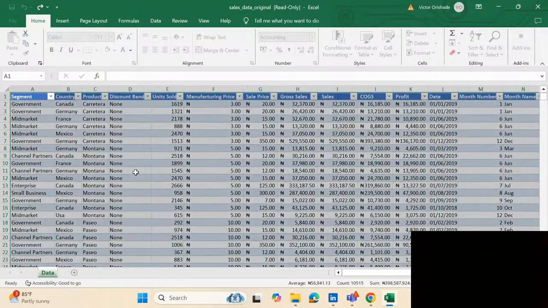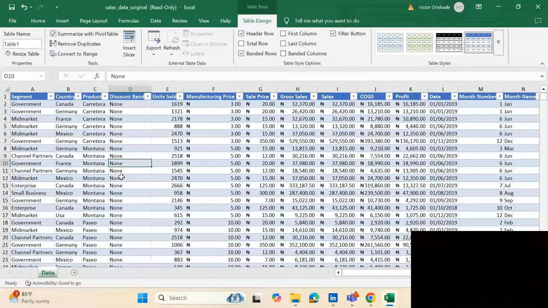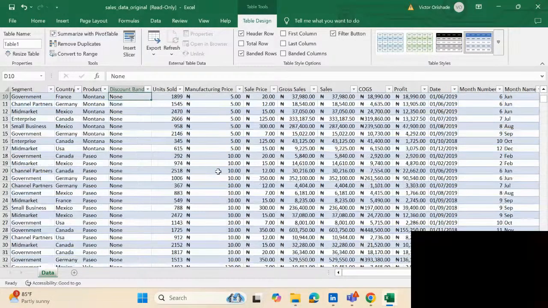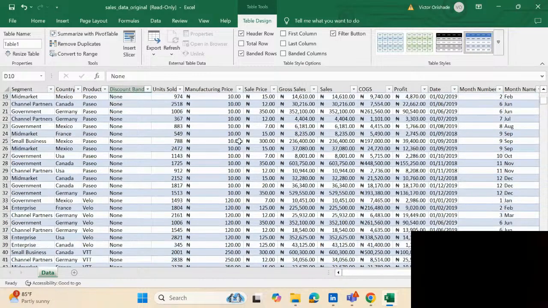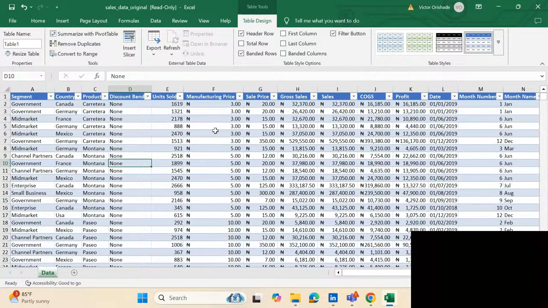Then once you click on OK, can you see you now have it in form of what? In form of table, which is awesome. So that comes to the end of data cleaning, and you can see that we started from